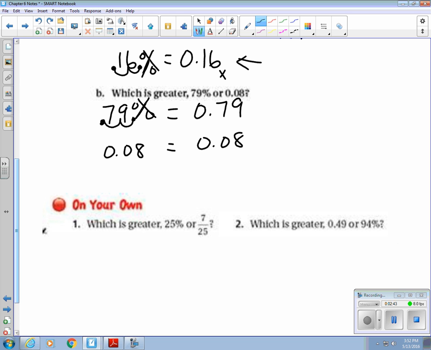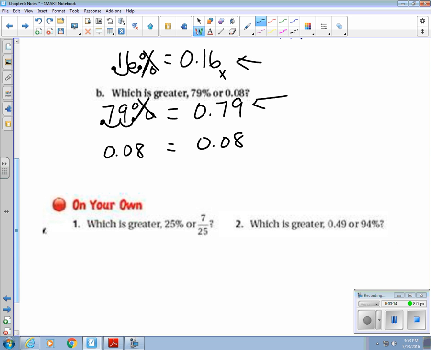Now what I need to do is make sure that the amount of numbers to the right of each decimal point is equal. All right, so 0.79 has 2 numbers. The 7 and the 9 are to the right of the decimal point. 0.08 has 2 numbers, the 0 and the 8 to the right of the decimal point. As long as they have the same amount of numbers to the right of the decimal point, I can just compare them by looking at the numbers and saying, okay, this is